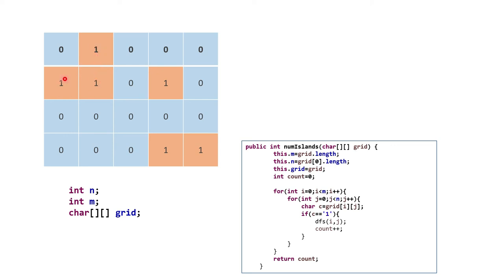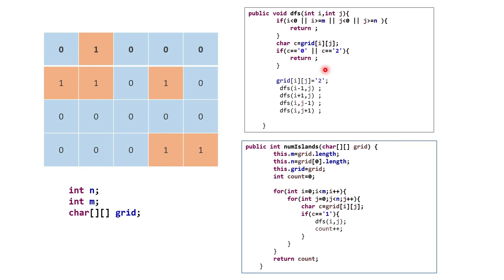And after that it will be done, then it will come back again and the controller will start from here. That time we have to make the count +1, meaning one successful DFS call we just finished. Okay, so this is simple. Now what we have to write in the DFS call is also simple.